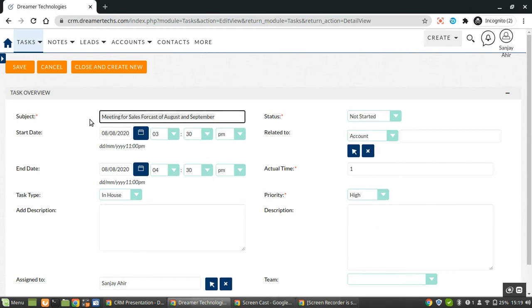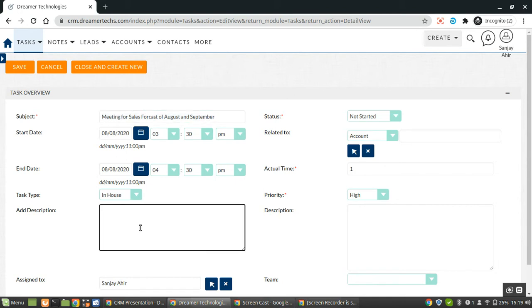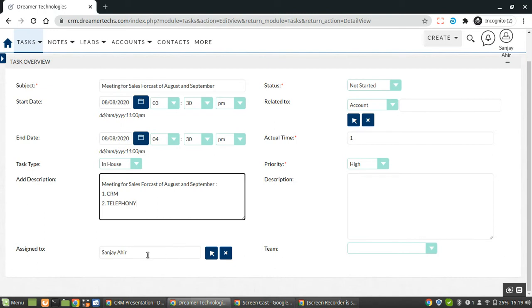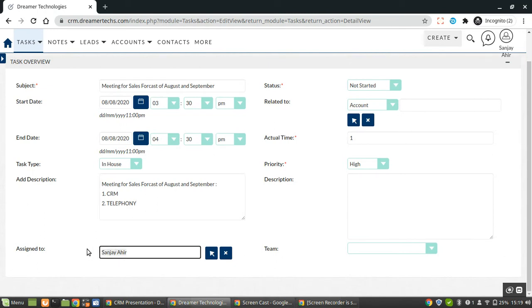Now you can put the description. I put in the description. Now I can select the user. I'll just select Amit.